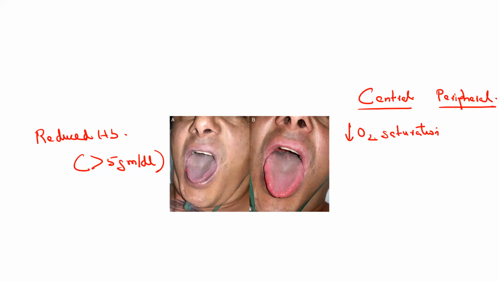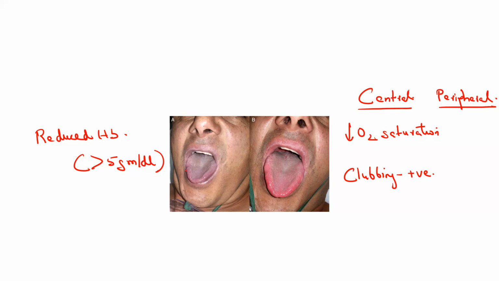This is a picture of central cyanosis, with the oral cavity mucous membrane involved. In peripheral cyanosis, the mucous membranes of the oral cavity, or those beneath the tongue, are not involved. In central cyanosis, the tongue is affected; in peripheral cyanosis, the tongue is not affected. In central cyanosis, clubbing is present; in peripheral cyanosis, clubbing is absent. Similarly, polycythemia is present in central cyanosis, and absent in peripheral cyanosis.